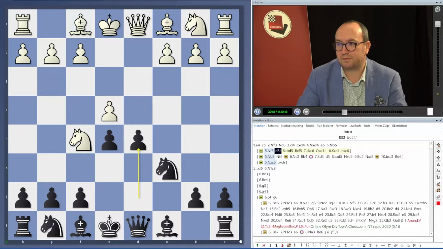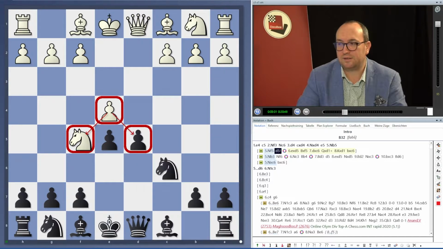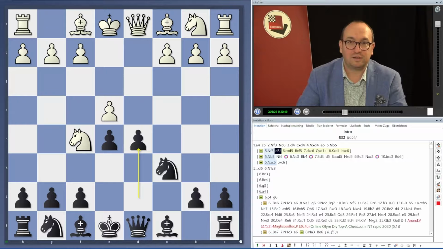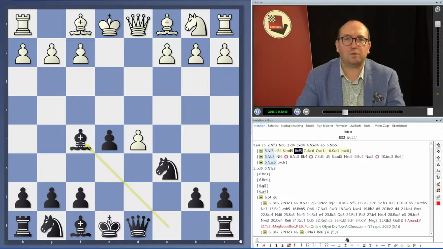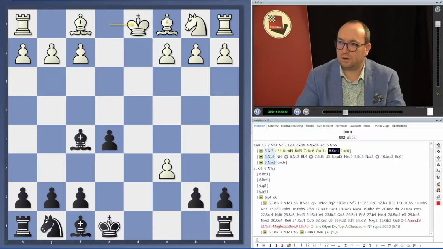The problem for white is that this e4 pawn protects the knight and also this d5 square, so it's overloaded. And when white takes on d5, we can grab this knight. So we don't win material, as white can take this knight on c6, but of course we cannot complain to go into this endgame,